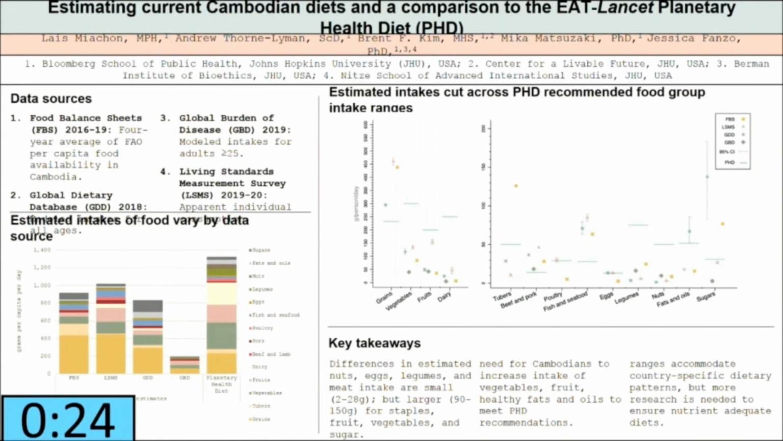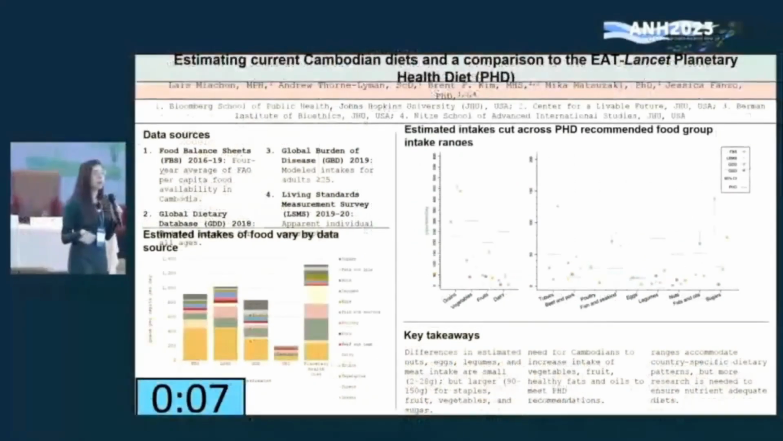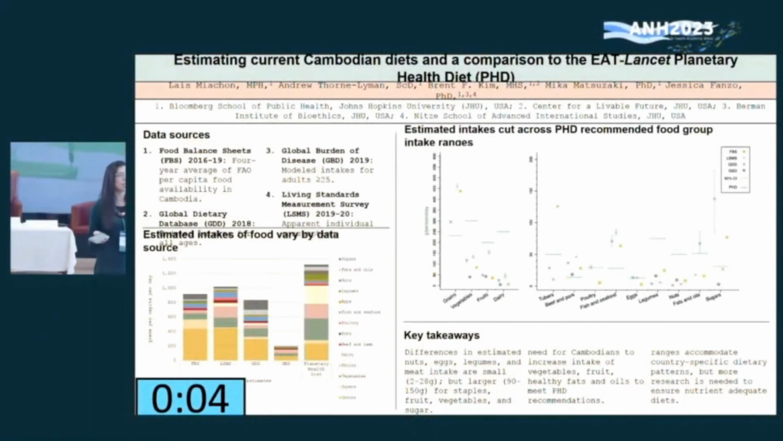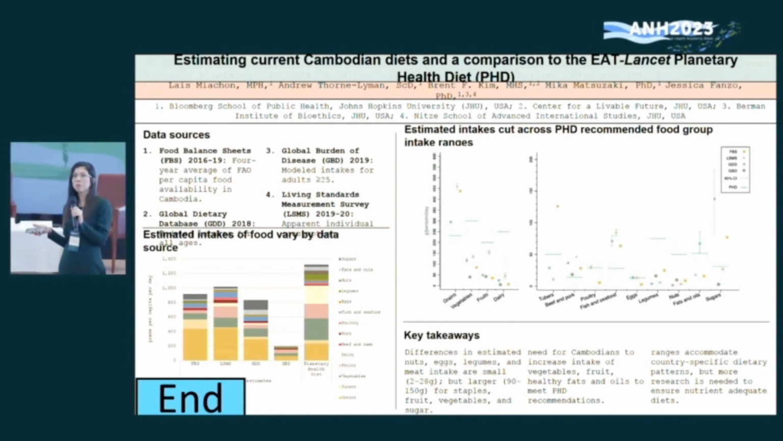We did that by triangulating information from 4 different quantitative data sources: FAO food balance sheets, household consumption expenditure surveys, and 2 model data sources from the Global Dietary Database and the Global Burden of Disease. If you want to understand more about how these 4 intake estimates compare to estimate the consumption of 13 food groups for Cambodia,